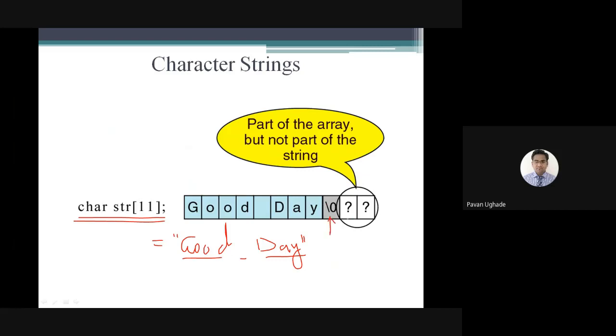So 9 bytes. The remaining 2 bytes which are there in the memory, what can it be? It can be garbage. So it is part of the array but not part of the string. This byte is part of the array but it is not part of the string. Our string is only "Good day" till backslash 0. This we will consider as garbage values if you are going to access them,